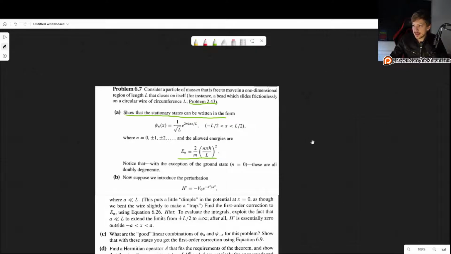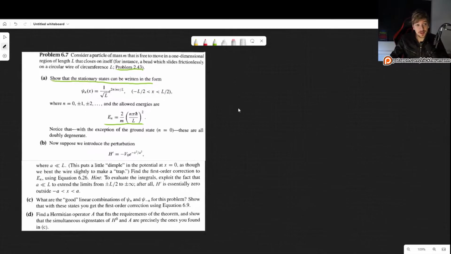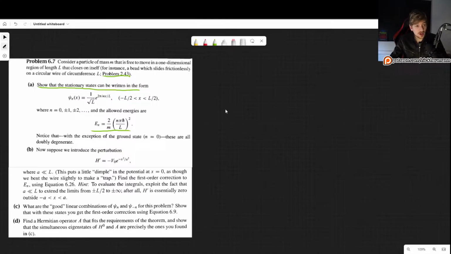Now, this part A is going to be quite easy because we already solved problem 2.43. If you haven't, then you have to check out my other video. I will put the link in the description because that is where I explain the procedure. And as we will see, it is the same thing. So let me just go get my results. So what we found from